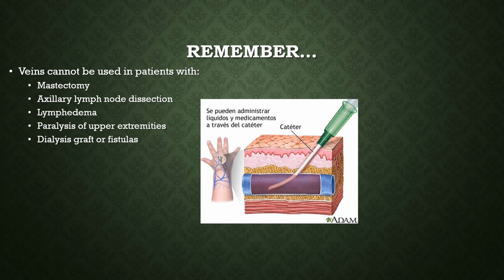If that lymph system isn't working, then that system of clearing bacteria and dead tissue doesn't work. Also, that lymph system regulates swelling in your extremities. So if you hold your arm down all day and it's full of fluid, you move your hand around, pump your hand a few times, your lymph system will take care of that extra fluid. So if we have those lymph nodes removed, the ability for that to happen is gone. So therefore, we would avoid sticking a patient because there's no ability for that arm with that lymph node dissection